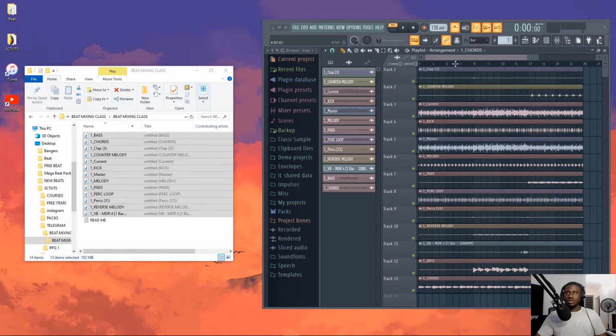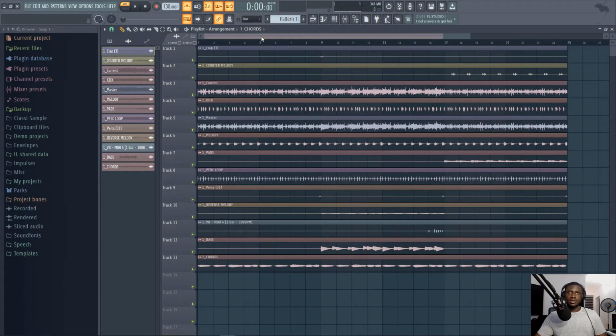When it's done loading, let's expand it. Let me play it back so you're listening. Come to the song mode right here. Then you see how that sounds. This is not the actual tempo. The actual tempo is 100 BPM. It just stretches the